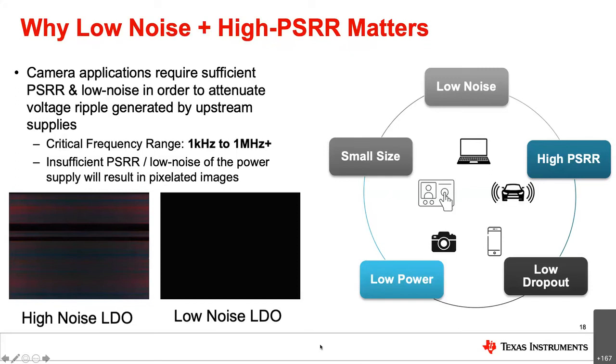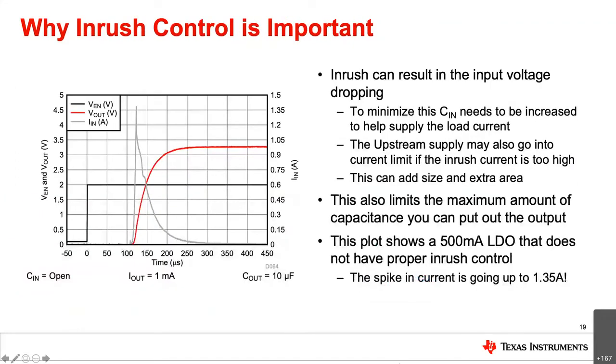Inrush current control is one of these features. Upon system startup, the power supply will actually ramp up to the regulated voltage, and as the voltage increases, an inrush of current flows into the uncharged capacitors. Inrush current can also be generated when a capacitive load is switched onto a power rail and must be charged to that voltage level. This inrush current can typically result in the input voltage dropping.